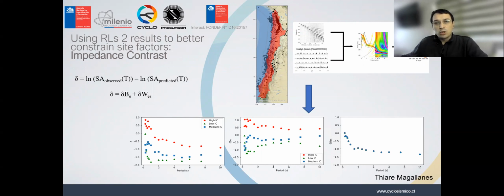So we have good characterization of the upper velocity structure, but also of the location and velocity of the rock. That allows us to compute impedance contrast properly. And for those stations, she proves that the high impedance contrast has a large residual, and the low impedance contrast a very low residual. That's despite the fact that